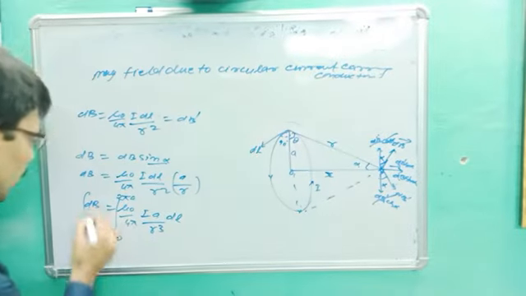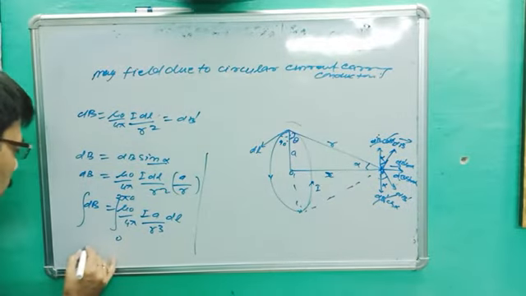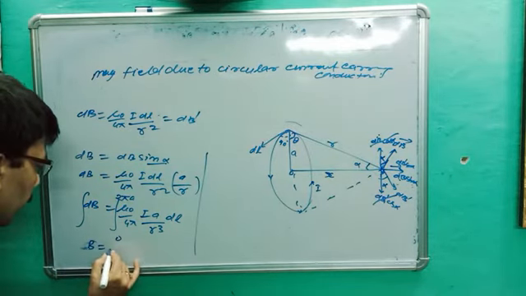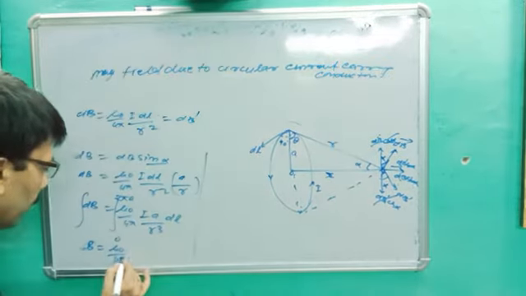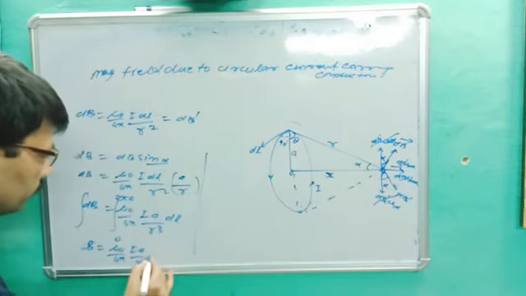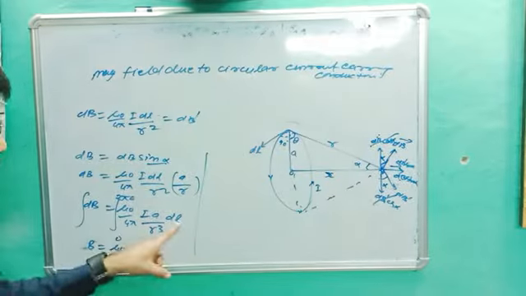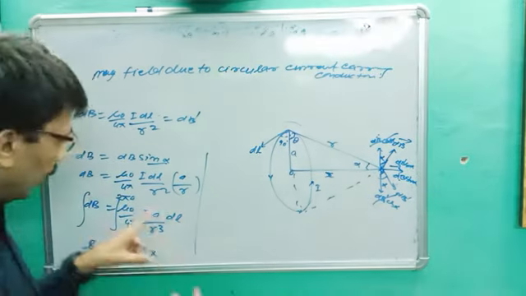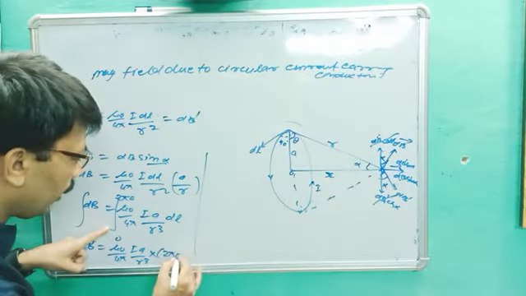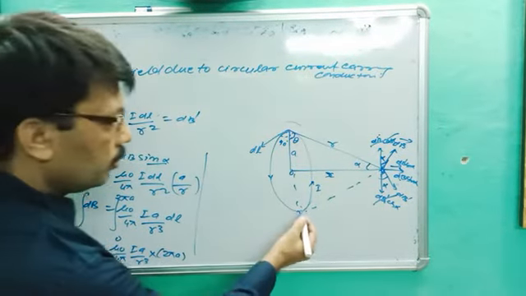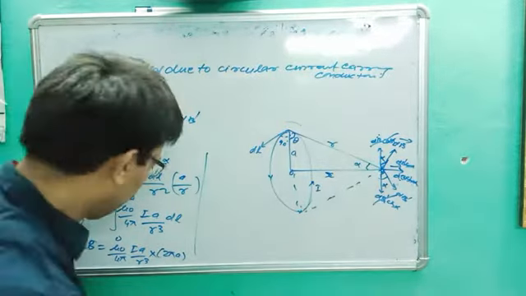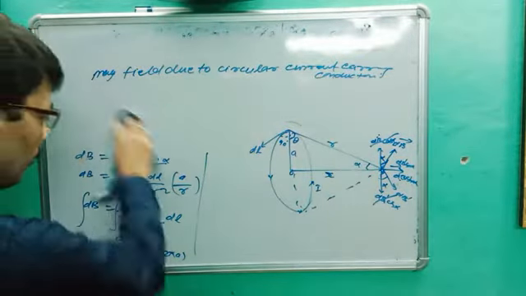Okay. So what is the integration of dB? The integration of dB is B, which is equal to mu naught upon 4 pi I a upon r cube into dl. The integration of dl will be l, with higher limit 2 pi a and lower limit 0. So you will get only 2 pi a. Are you getting? 0 to 2 pi a, dl integration. So now we have to solve it.